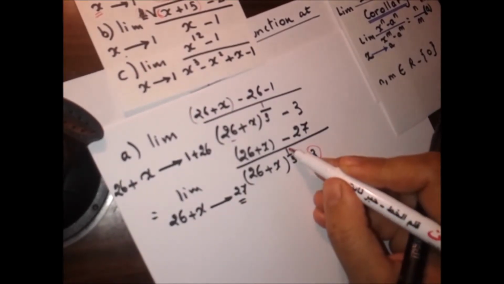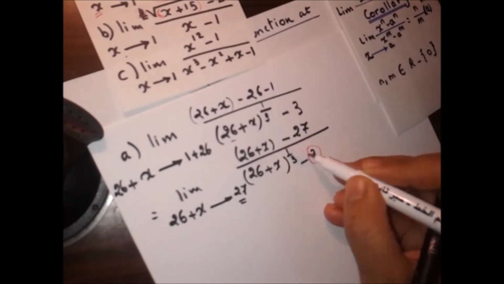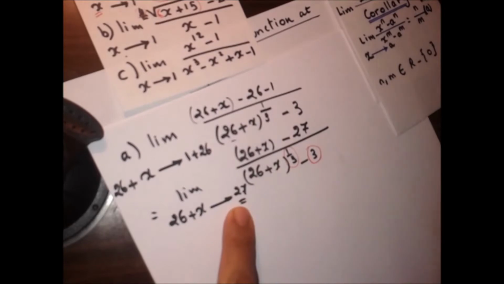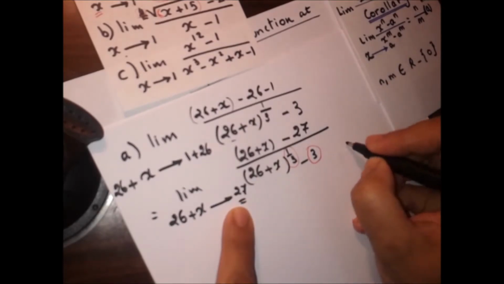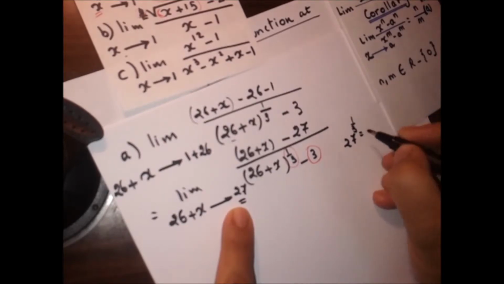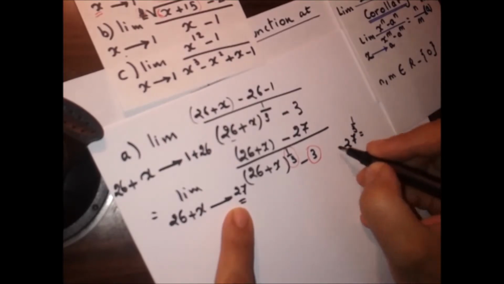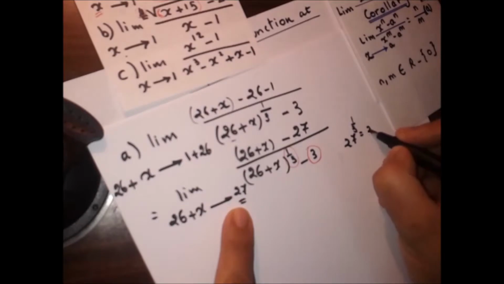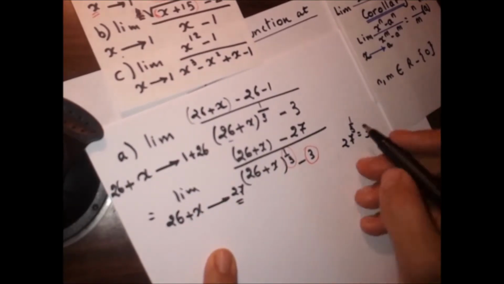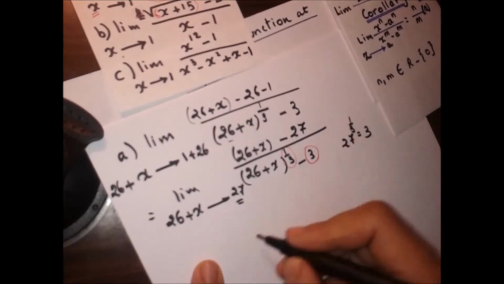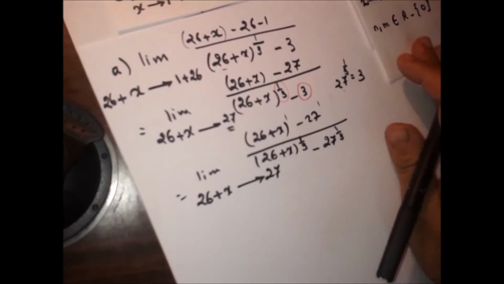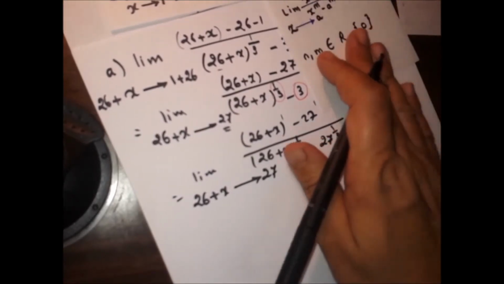For the denominator, we need to change the 3 to match the same a. We need a power for the denominator to be 1 over 3, and we need a to be 27. So 27 to the power 1 over 3 is equal to 3. Yes, this is the cubic root of 27, so this is equal to 3. So we can rewrite the 3 as cubic root of 27, or 27 to the power 1 over 3. So this is equal to limit as, by the corollary, this is equal to,